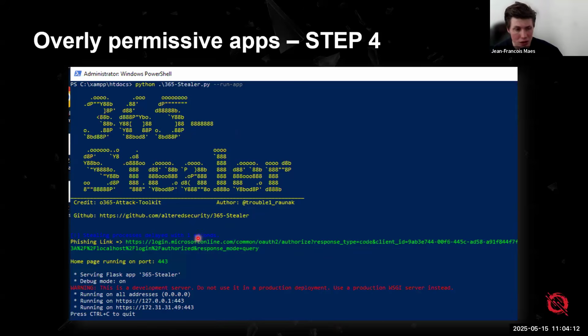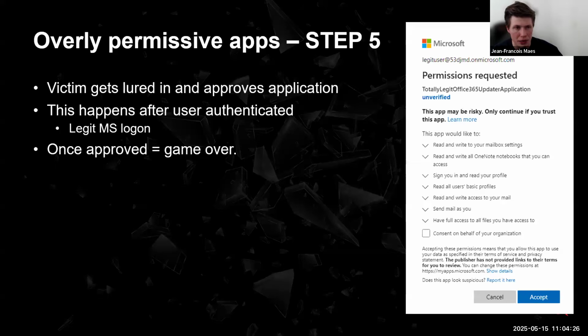So login.microsoftonline.com, which is an actual legitimate Microsoft website, where we are trying to basically accept this particular application with this client ID. So when a user would click on the link, so here is my other test tenant, this is the actual legit tenant, they would get a screen that looks a little bit like this. Now, here we make it super obvious that this is not legit, right? But we could make this sound and look a lot more legitimate. We can add a little icon here. We could change the name to actually something that sounds legitimate, right?